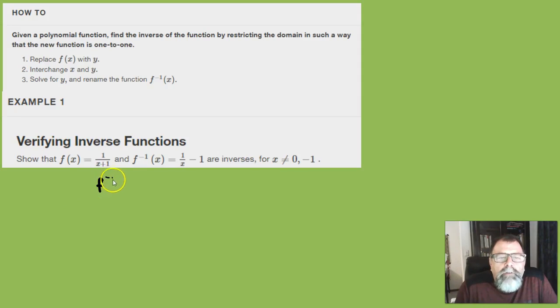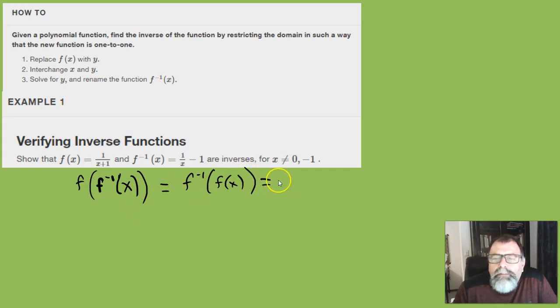So f inverse of x... Oh, I had my pen upside down. Okay, f inverse of x. We have to do both directions. We have to verify that both of these equal x. It doesn't matter which one you start with. So if we do f